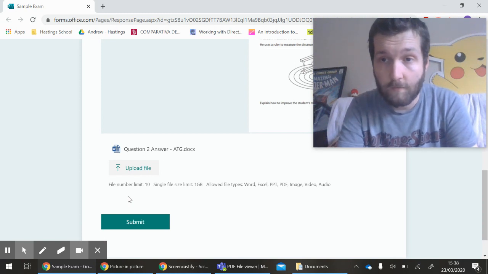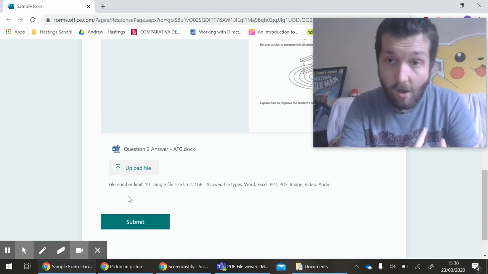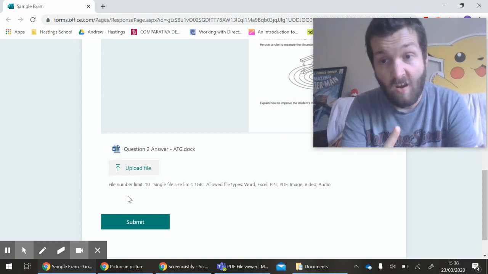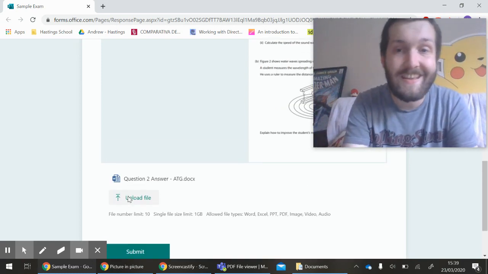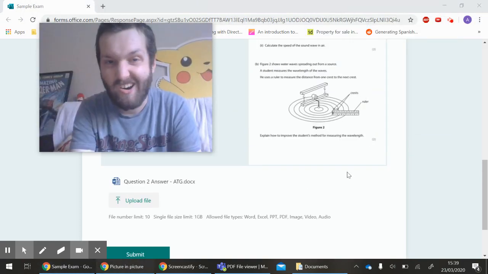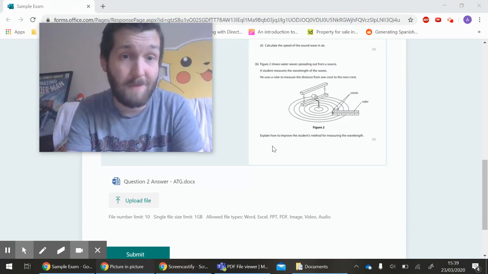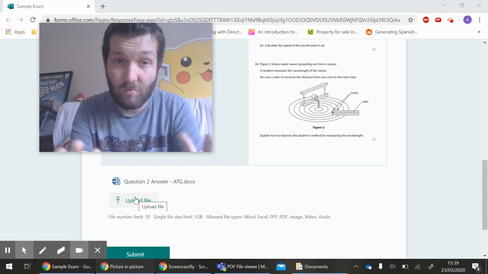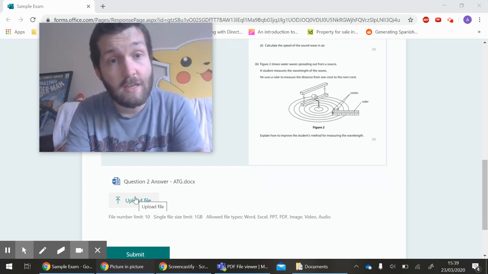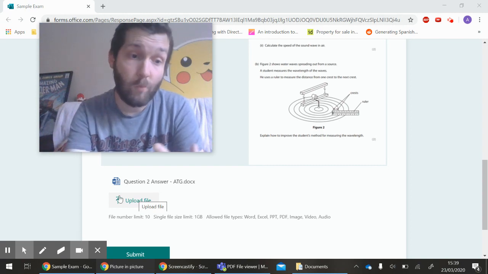So hopefully that gives us an idea of how we answer the multi-choice questions, a few ways we can answer the written response questions, and also where to look for the questions if these images here aren't showing for you. Just check back to the reference PDF. Hopefully that makes sense to us and we can use this to successfully answer our exams and try and get a good idea of where we are and what we need to do to